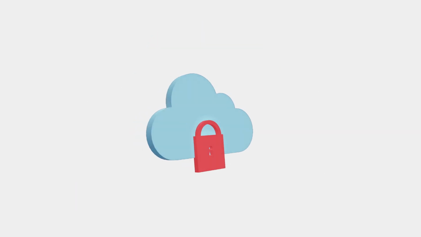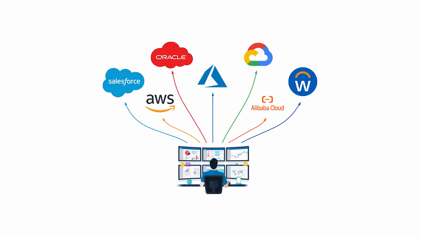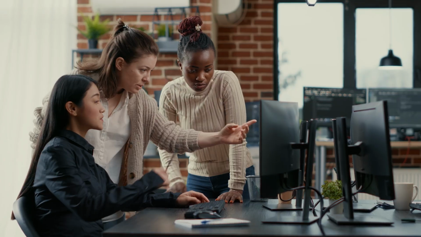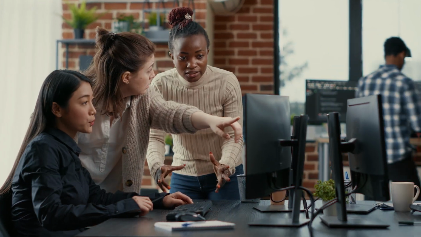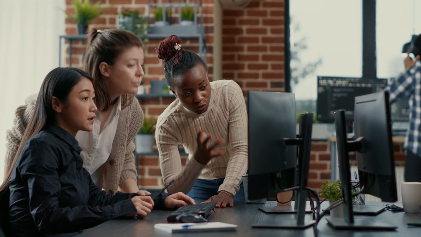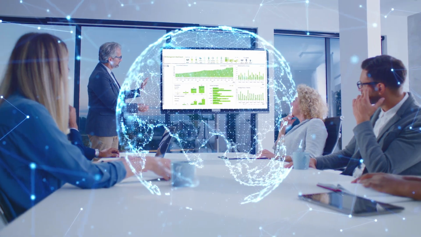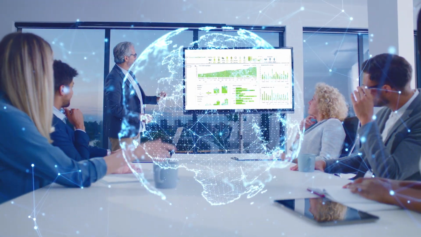But one of Terraform's most significant benefits is avoiding vendor lock-in. With vendor-agnostic infrastructure, you're in control. You can pivot to a different provider or blend services from various clouds without major disruptions. Imagine a scenario where your business needs evolve, or you find better services from another provider. Terraform makes it possible to transition seamlessly. This versatility is invaluable for businesses with diverse workloads, compliance requirements, or global operations.